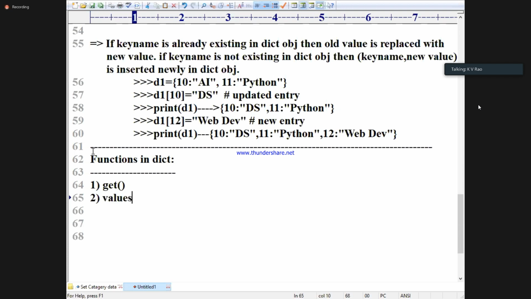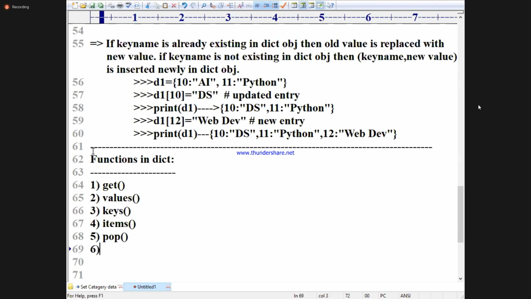Don't write it yet, just listen. This is tomorrow's discussion; I'm just keeping the next discussion. Next is keys. Fourth is values, then items. Fifth is pop.